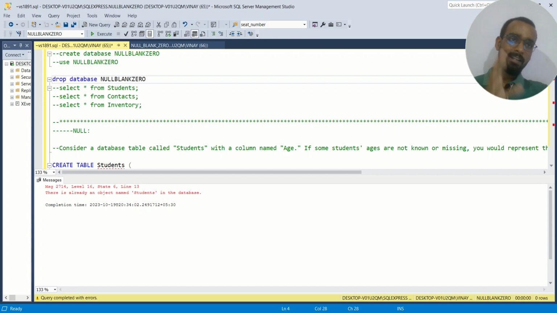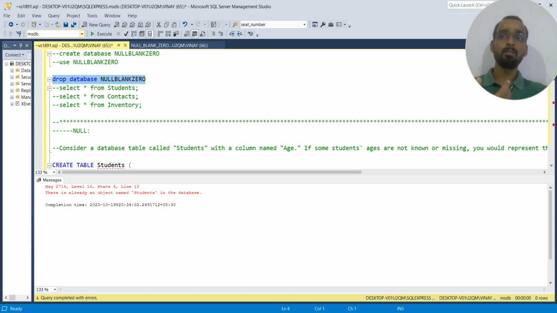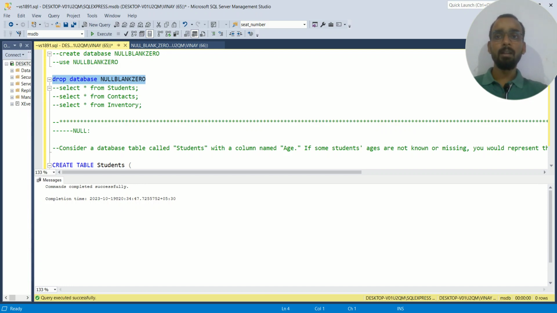Eventually it won't delete because I'm currently working in the same database. You can look here, null blank 0. So I have to move to another database, then I can drop this. So I just go to a random database and execute this, so it will execute the query, and now I have to